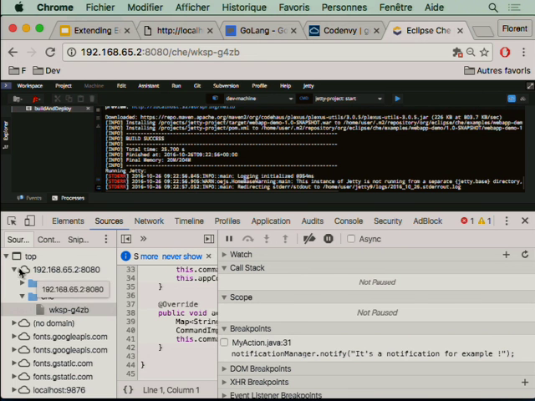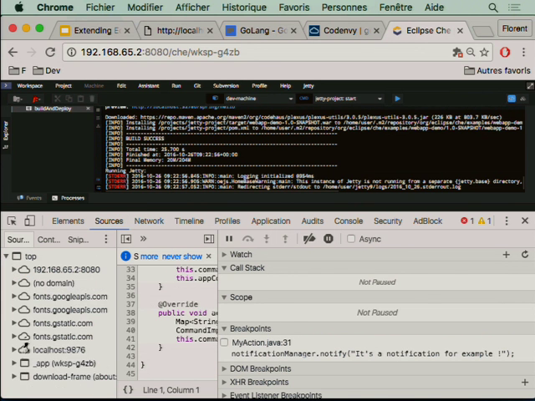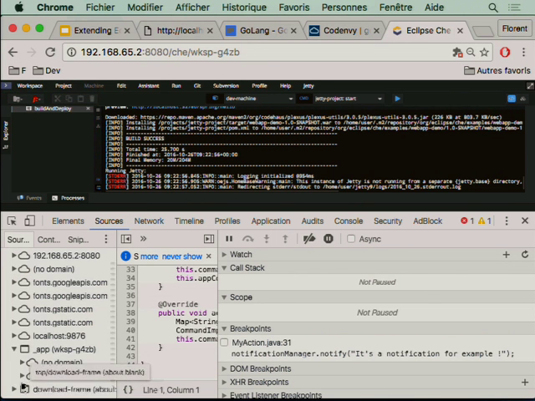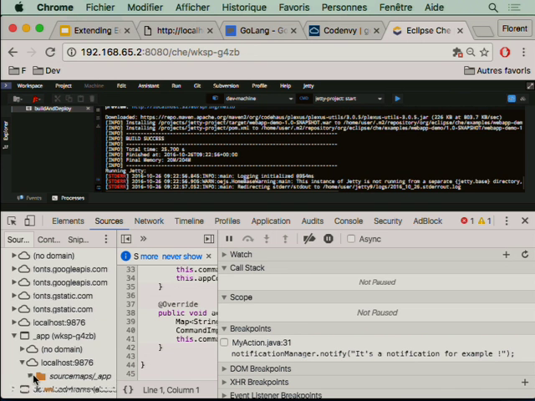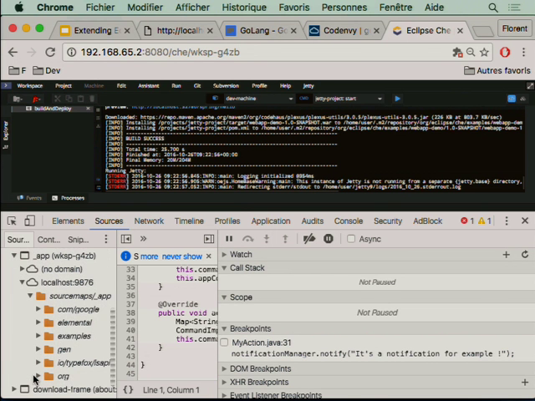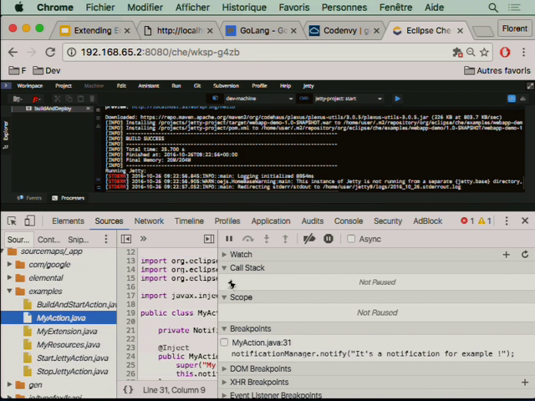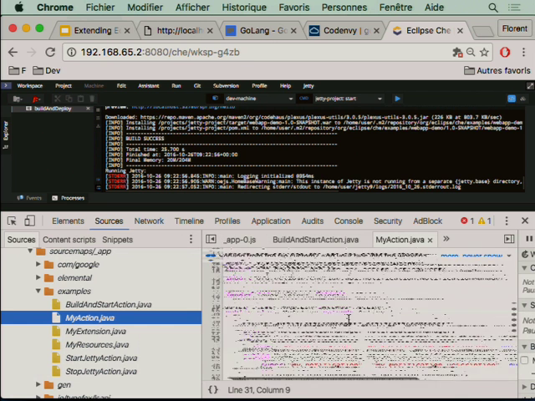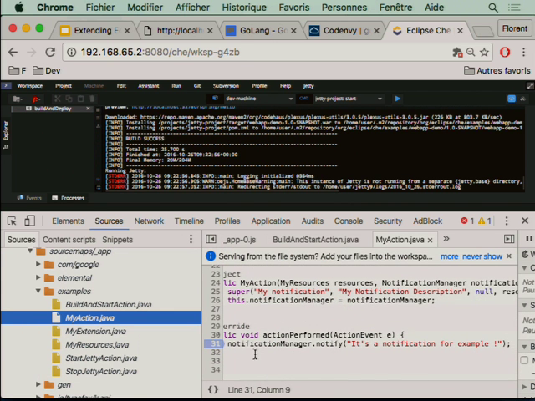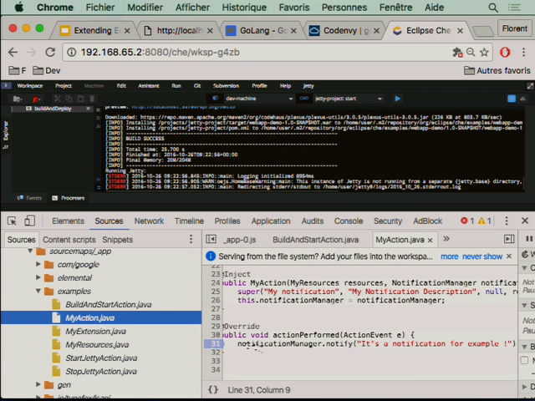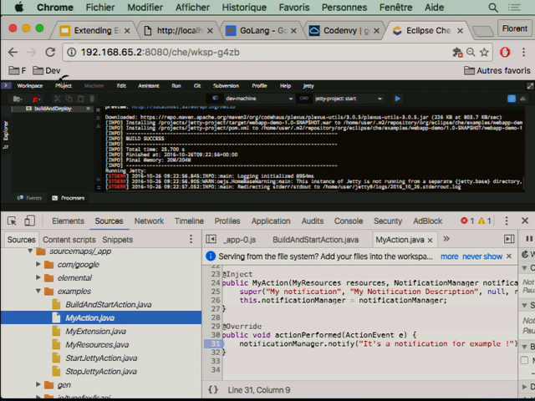So I can go in the source tab. And here I have the source maps. So all the Java code is mapped to JavaScript code. So my extension was example. I can see my action there. And for example, I will add a breakpoint. It's already there. So if I hit my notification,